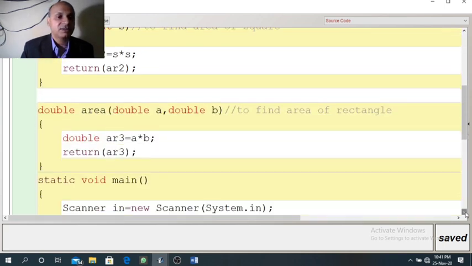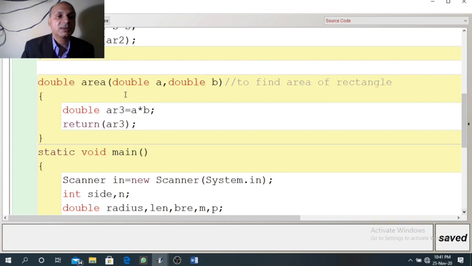Now the third function, it accepts two double values, that is length and breadth. Now if we multiply length and breadth, we will get area of rectangle that will be stored in AR3, and we will return AR3. So these three functions are designed with function overloading. Now in the main method,